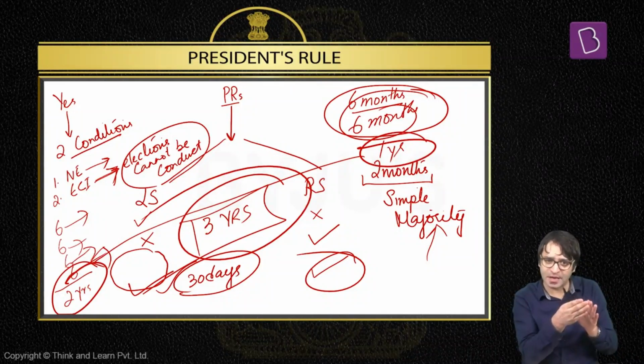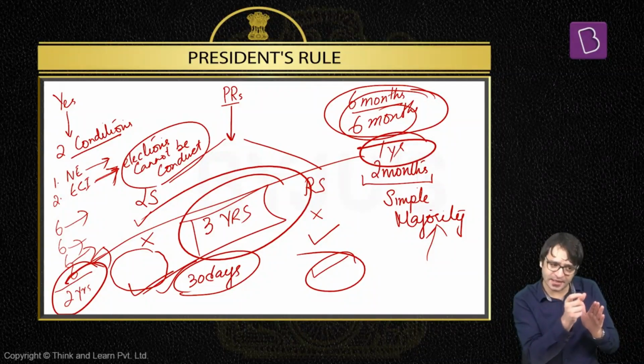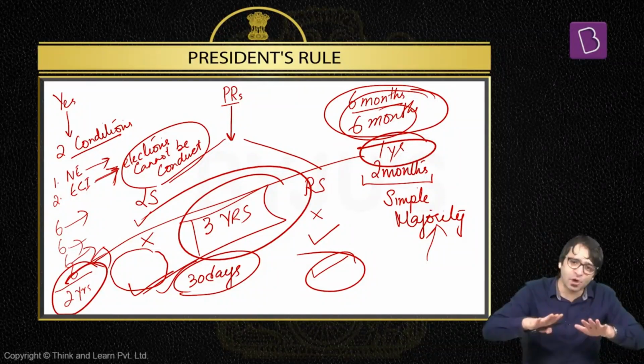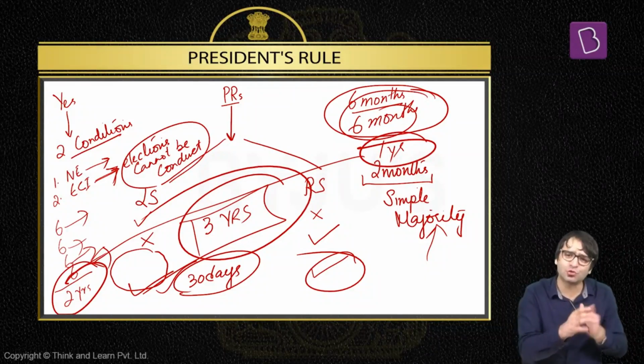3 years is the maximum validity. In Punjab, it had to continue beyond a 3-year period. For that, Constitution was amended. Article 368 was used, and it was said that in case of Punjab, 3 years would mean 4 years. That means the maximum validity of President's rule for Punjab is 4 years, then 5 years. This means that if you want to exceed beyond a period of 3 years in imposing President's rule in a state, for that, Constitution has to be amended under Article 368 of the Constitution. This is how President's rule is imposed.